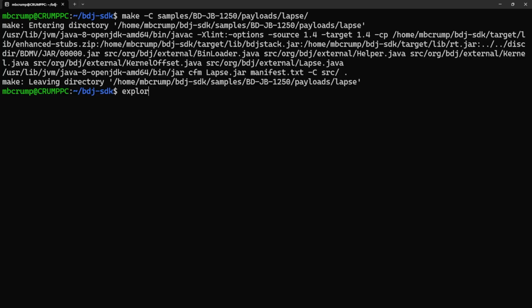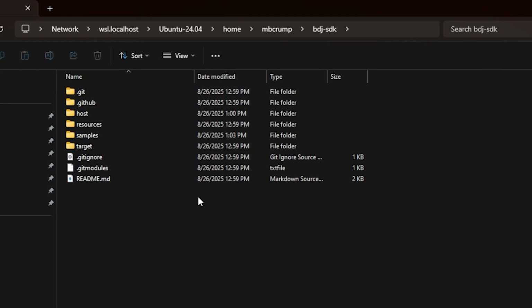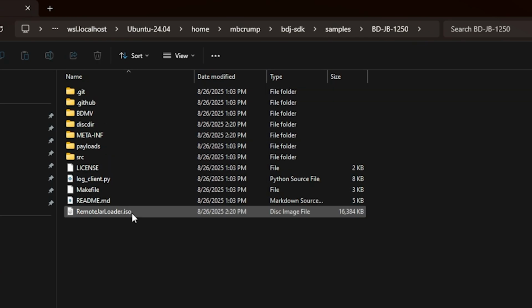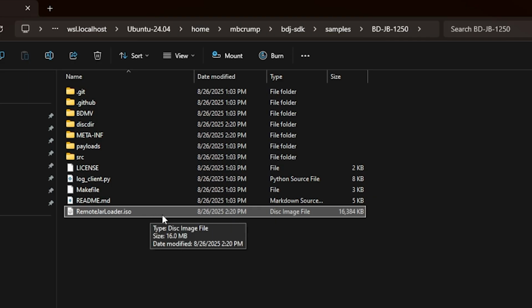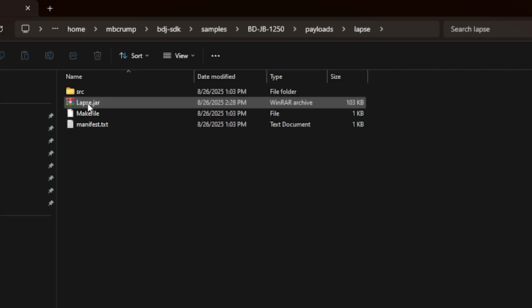Let's go ahead and open up Explorer again to begin taking a look at these. So the very first thing is going back inside of samples and then bdj-1250 and noticing first off that there is a remote jar loader.iso, which you could burn to a disk now. This is exactly the same that is on the GitHub. But then if we go inside of payloads and then laps, you'll see that we have just compiled our laps.jar